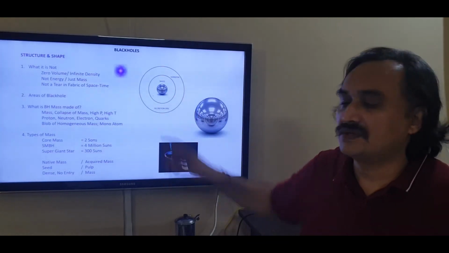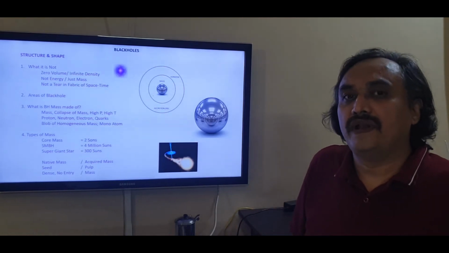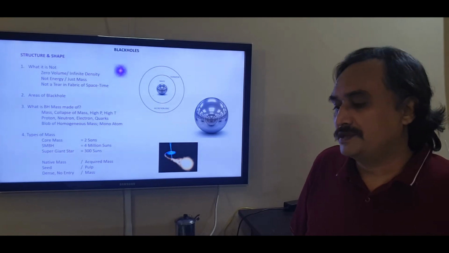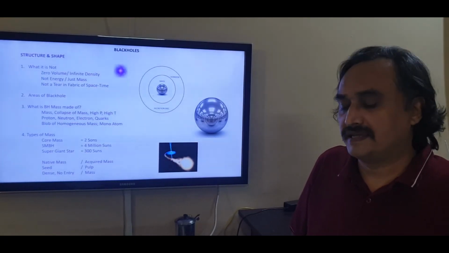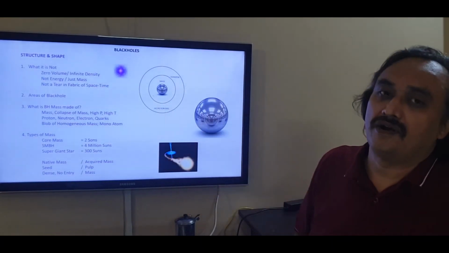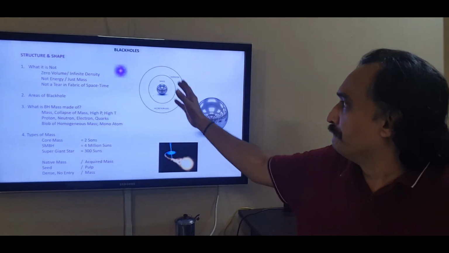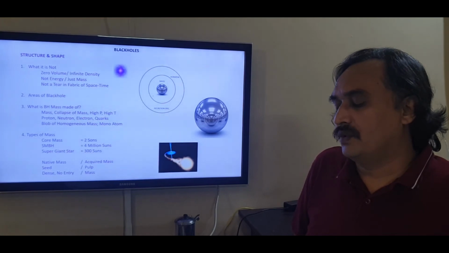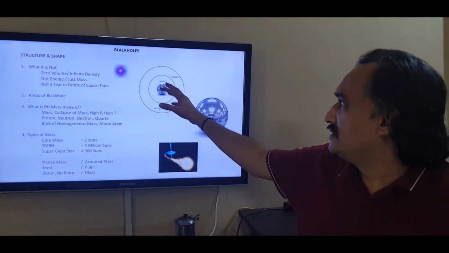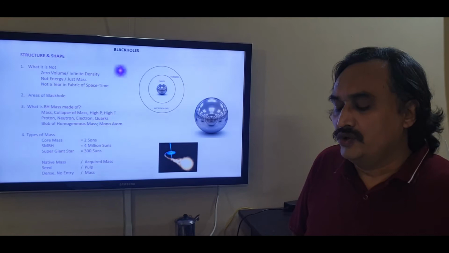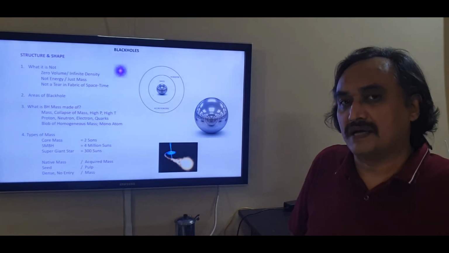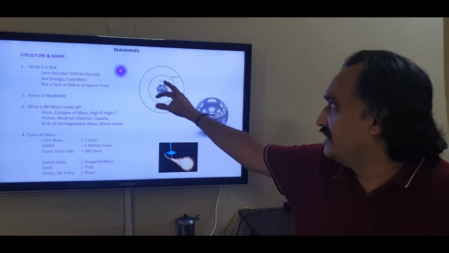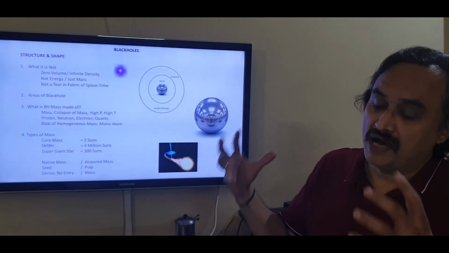But once you cross this horizon, whatever kind of energy you use, you just can't escape, because you need to travel faster than the speed of light. Nothing can travel faster than the speed of light, and even light cannot escape. And that is why you have a horizon. And once you cross the horizon towards the center of the black hole, you do not immediately encounter the mass itself. It is much, much farther away, which, as I have shown here at the center, that is where all the mass is